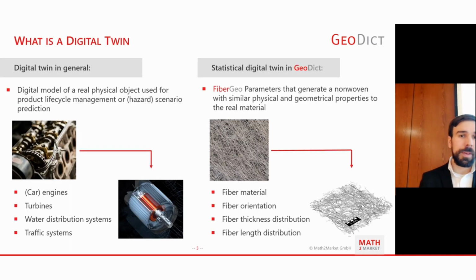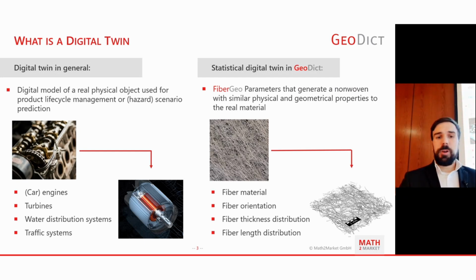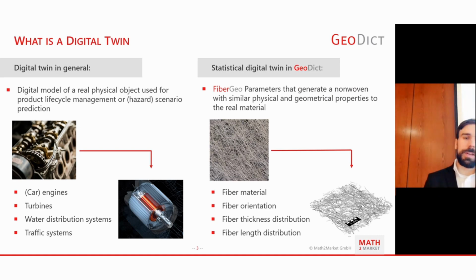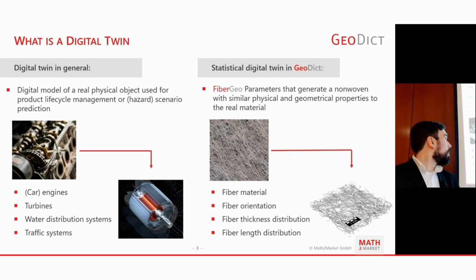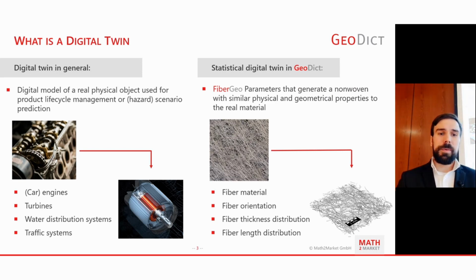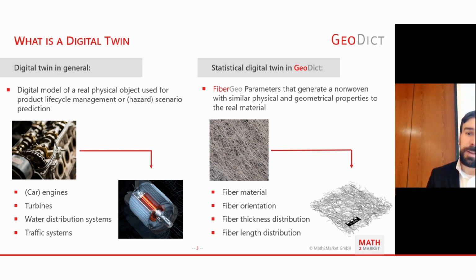So let's get started. First of all, what's a digital twin? Classically in the industry, it is normally something like a CAD model of a real part. So it could be a model of an engine, for example, that accompanies a product through its life cycle. From production, maybe during production, track which parts have been installed, what tolerances were realized during production, and so on, even maybe through the lifetime. So that's usually a very concrete model of one part where you have defined geometries and stuff like this.